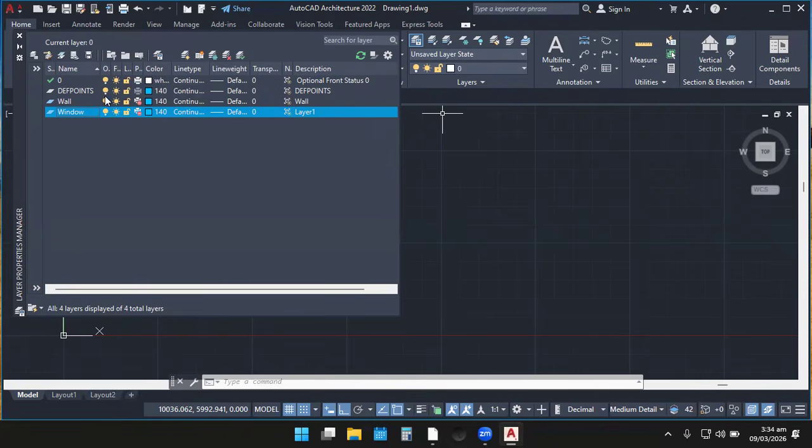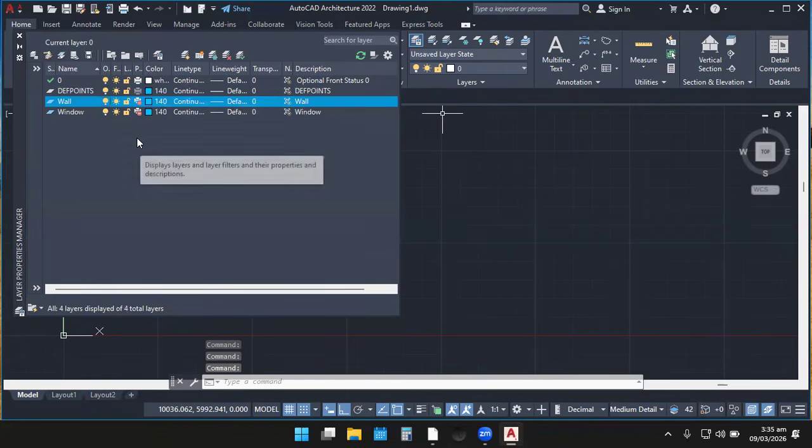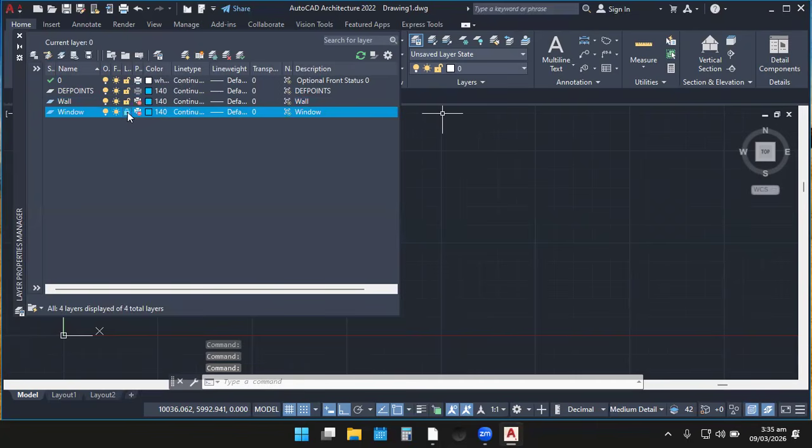You see that if I click this now, the color changes. If you click this one for the color, always maintain it as yellow like that, for safety reasons. If you click the padlock, it will lock it, which means the effect will not even show. So you have to maintain them all as yellow like that. So we created wall and window.